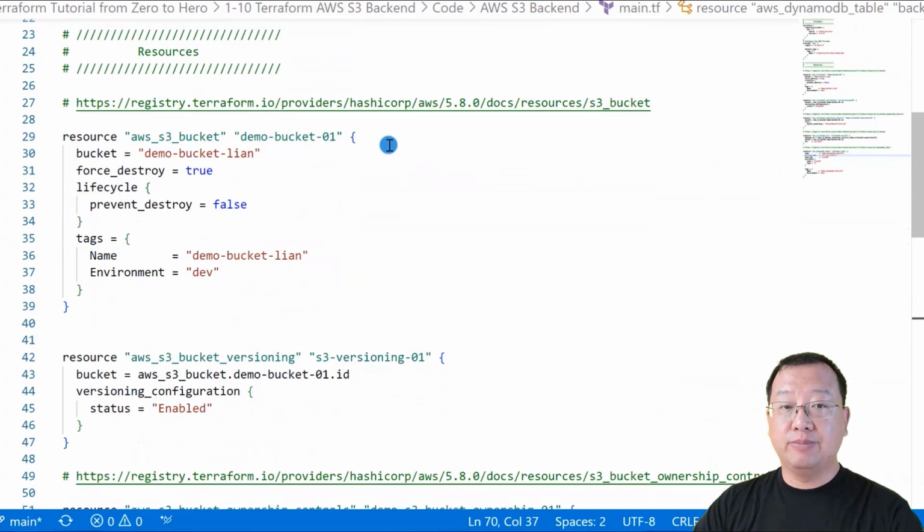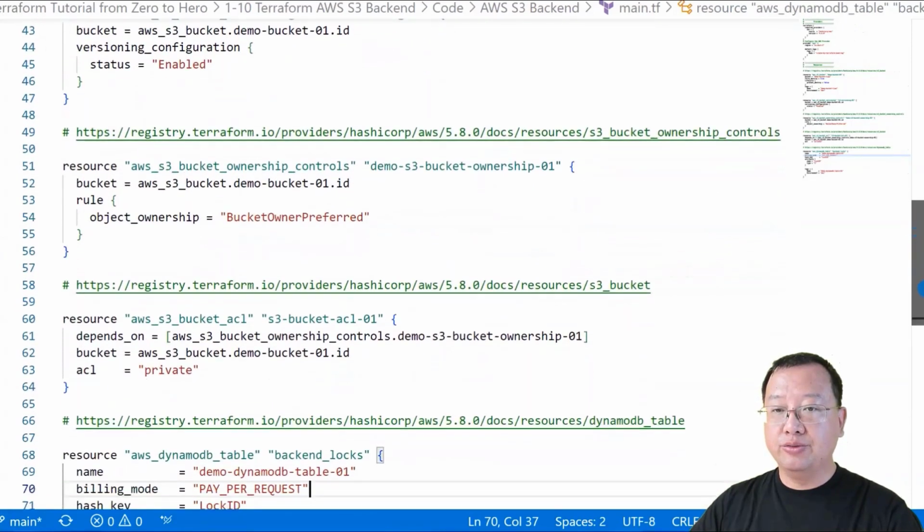The AWS S3 bucket resource creates an S3 bucket with optional settings like force_destroy and prevent_destroy for the development environment. The two options allow Terraform to destroy the S3 bucket even when it has content. Please remove them in your production environment to keep it safer. In line 44, versioning is enabled. That allows S3 to store the terraform.tfstate.backup file as the previous version.